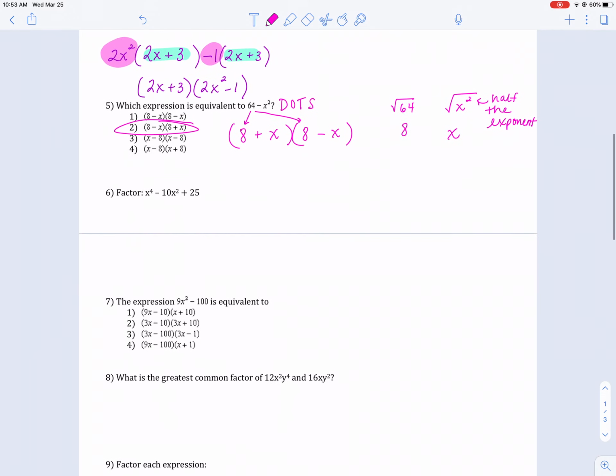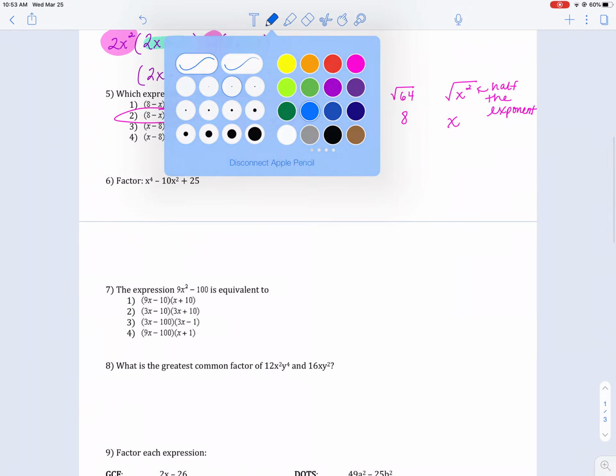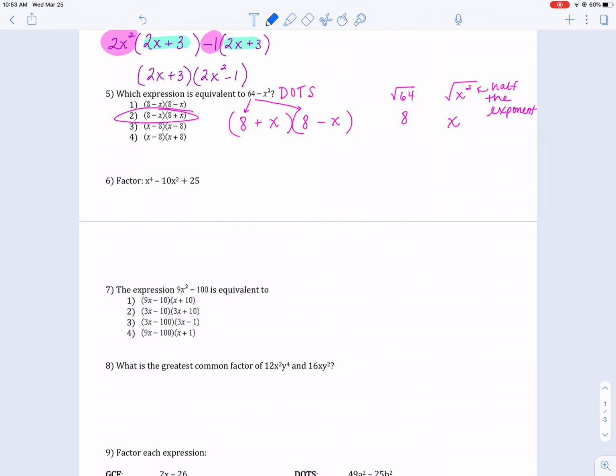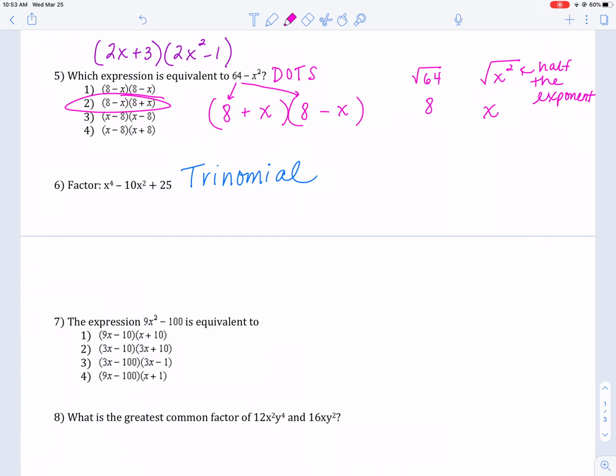Okay. I am going into number 6. There's no greatest common factor. It can't be the difference of 2 squares, and it can't be grouping. This is a basic trinomial. The only big difference is, notice, you have x to the 4th. So here, when you open up your 2 sets of parentheses, instead of just an x comes down,